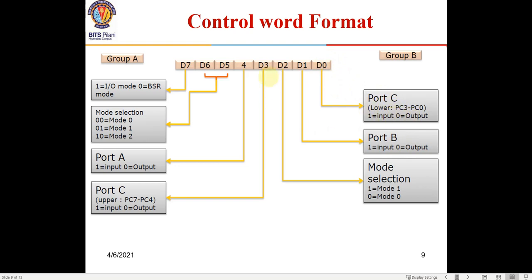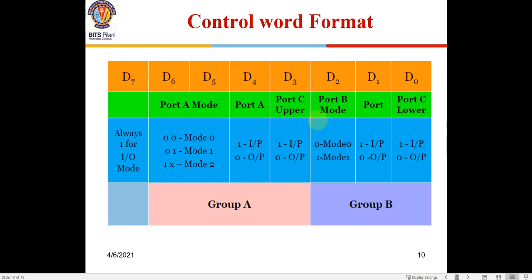So this is how this 8-bit data which we are going to feed into the register will look like. Depending on how we want to configure our 8255, this data will be decided, and this will be fed into 8255 initially itself. That is known as initializing 8255 or programming 8255. I will take an example, so it will be more clear.